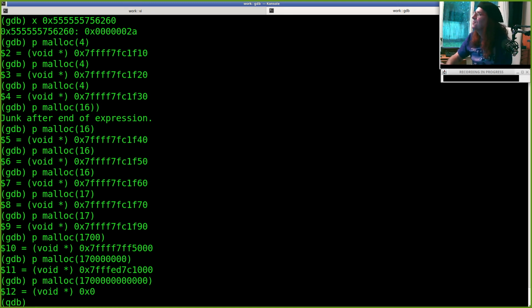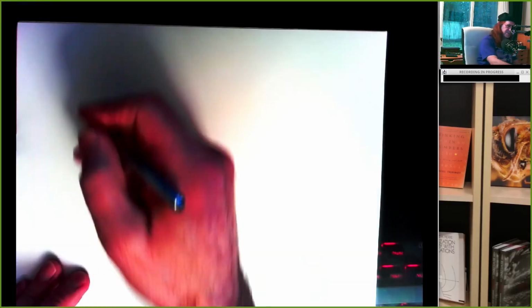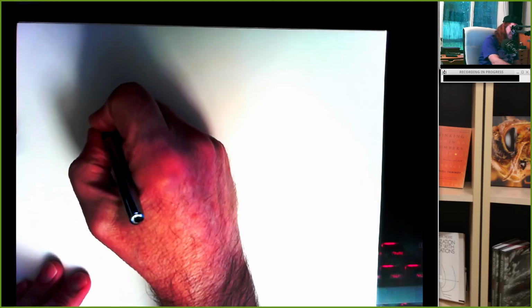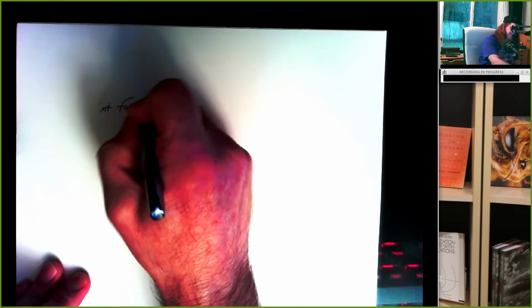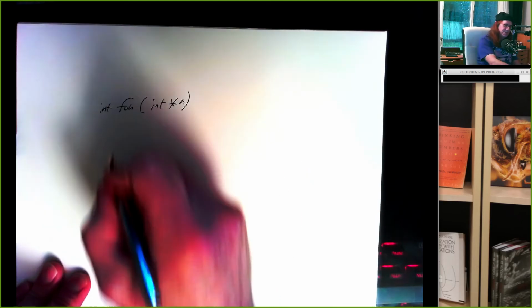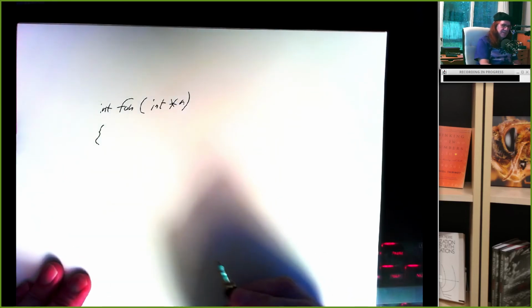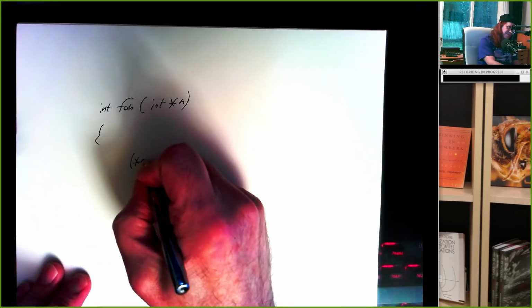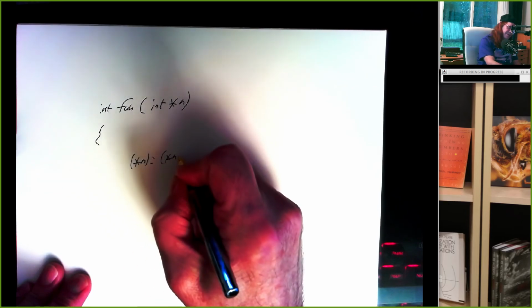Let's see, when you pass a variable to a function by reference, why is it that you're able to manipulate the variable in the body of the function? You'll be manipulating the memory address of the arguments passed. I don't want to go too far into this, but somebody just asked a question in chat. So let's say you have a function whose argument is a pointer to an integer. Inside this function, if I say something like star n equals star n plus 1,